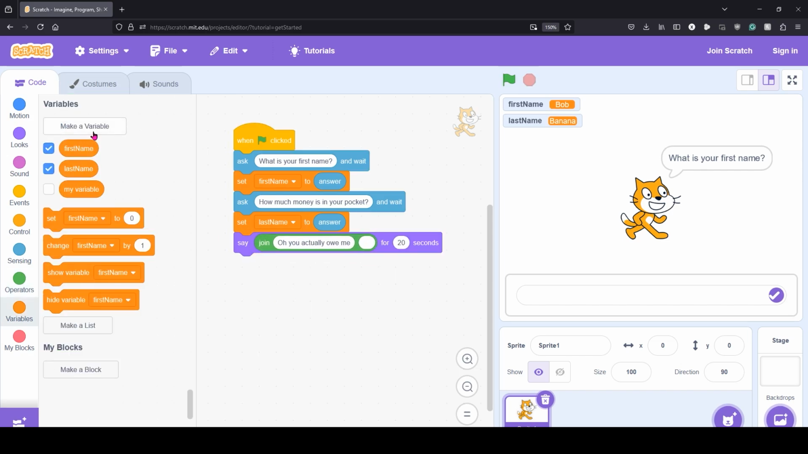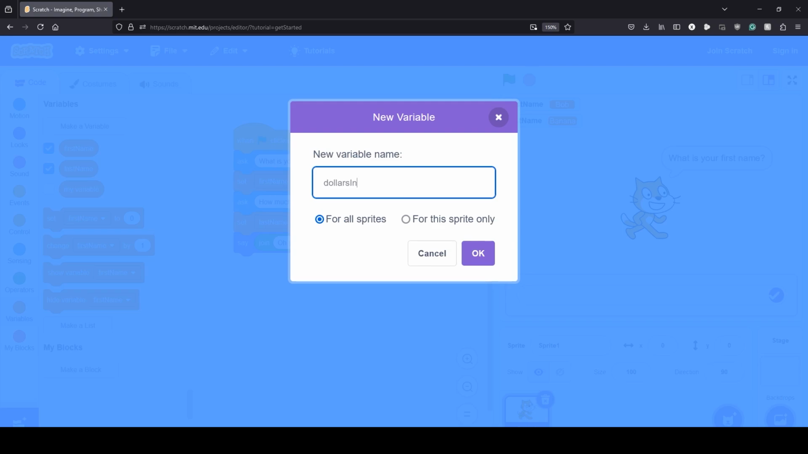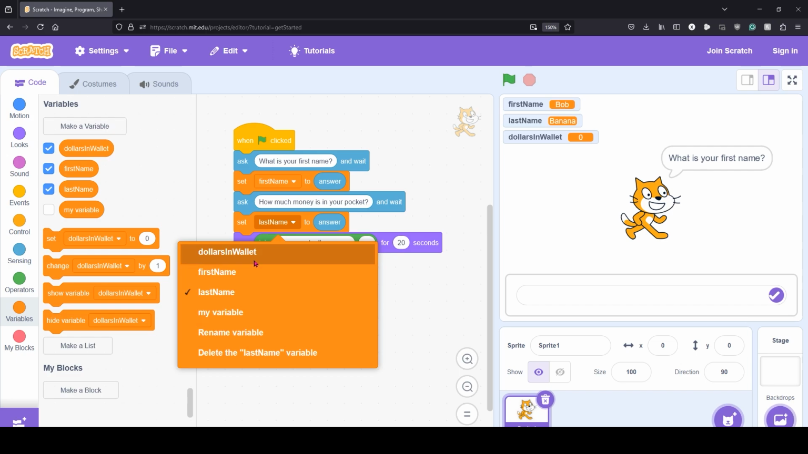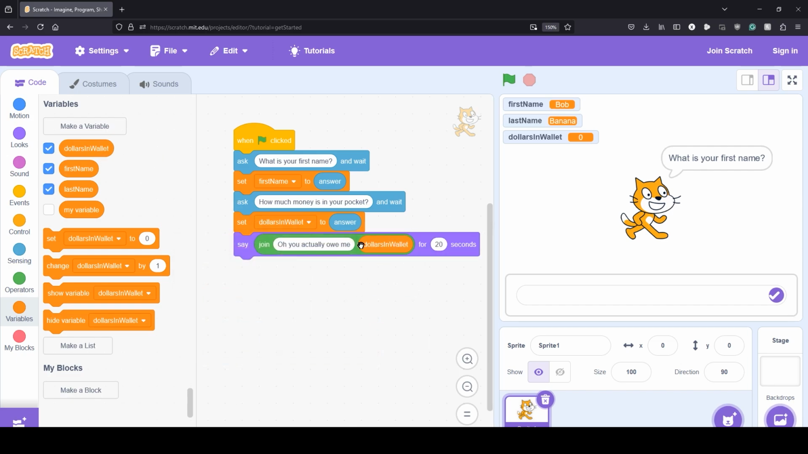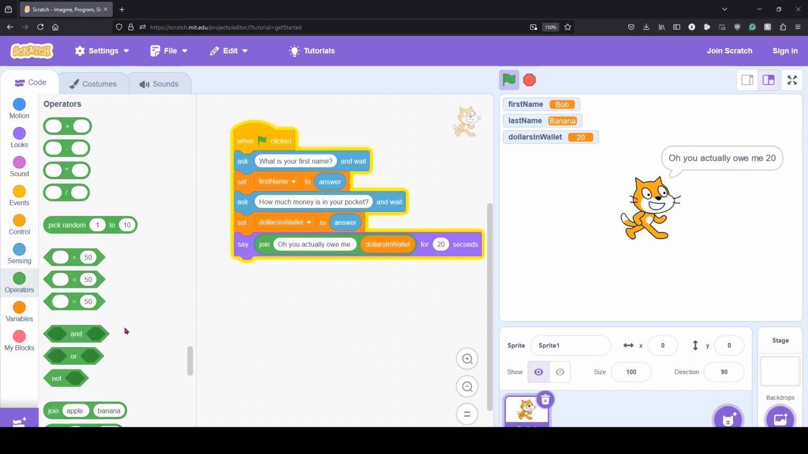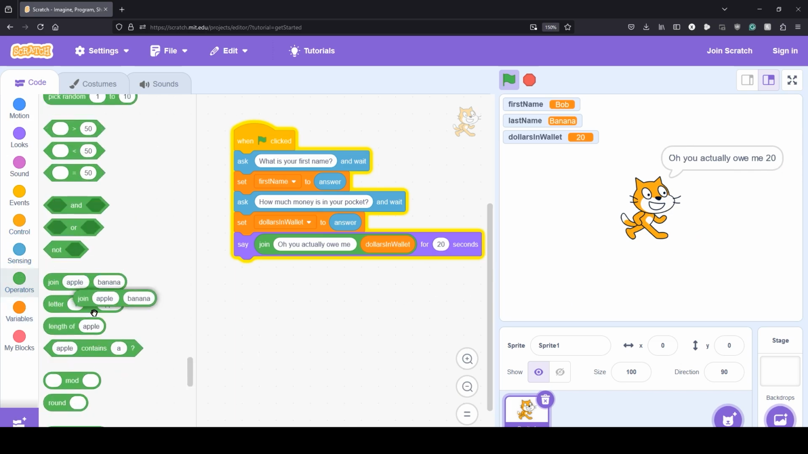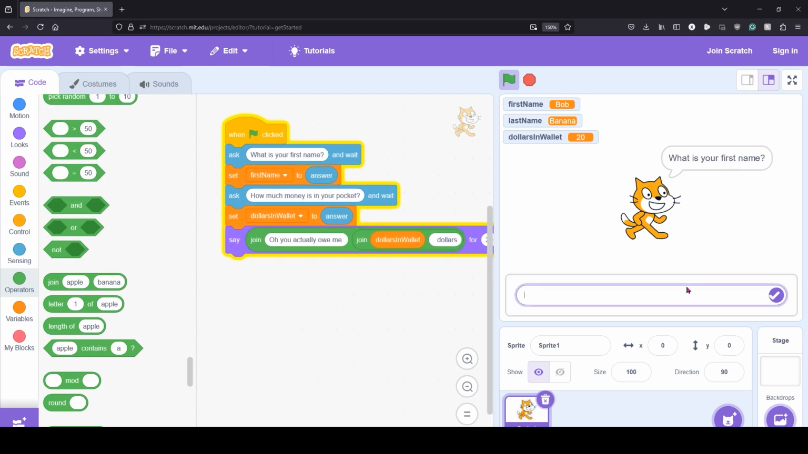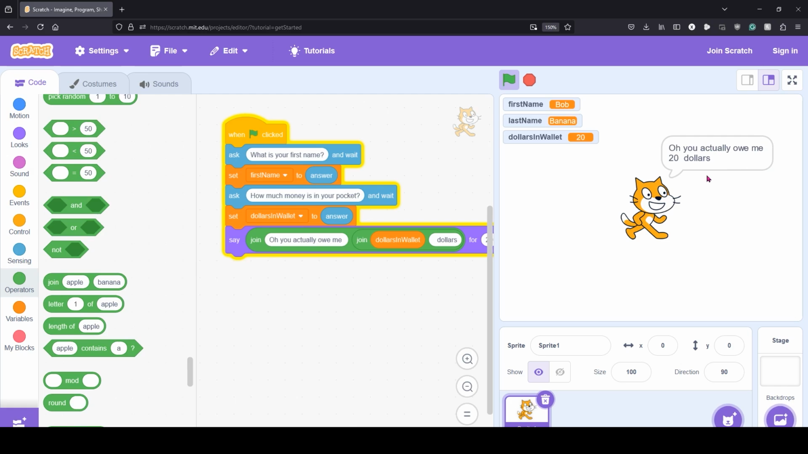Now I'm going to create a new variable called $in_wallet, and I'm going to set $in_wallet as the answer. Now here we can say, oh, you actually owe me, with a space at the end, dollars. So what's your name? Bob. How much money? 20. Okay, so you actually owe me $20. We want to say dollars, which means we have to do another one of these joins. Something like this. Okay, so it says you actually owe me $20, but we don't want the full amount,